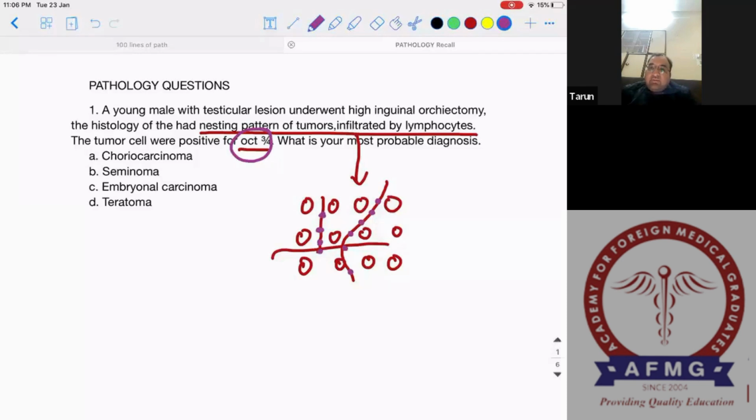That's not the problem. Even by the histology you can identify the lesion as very classical of seminoma,